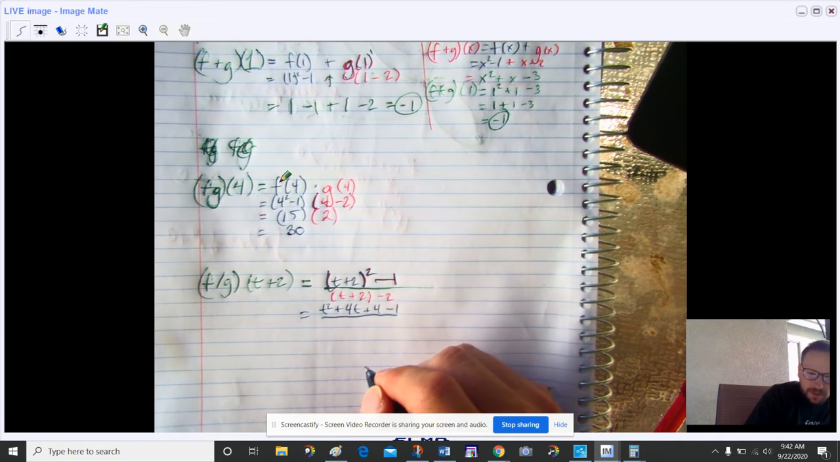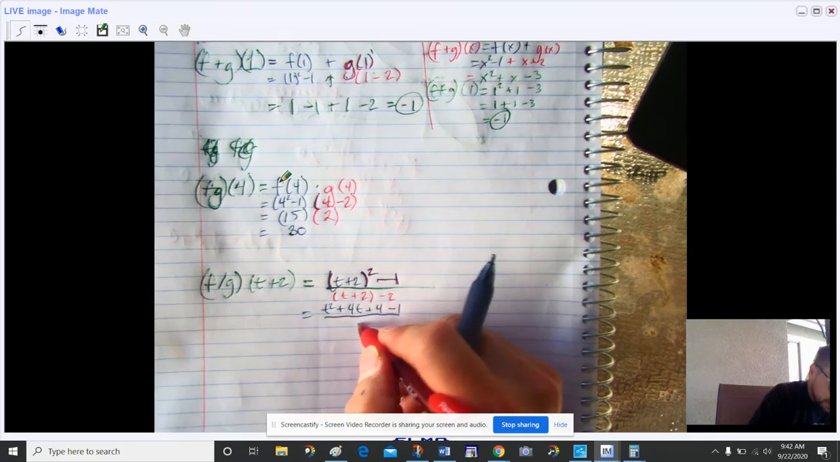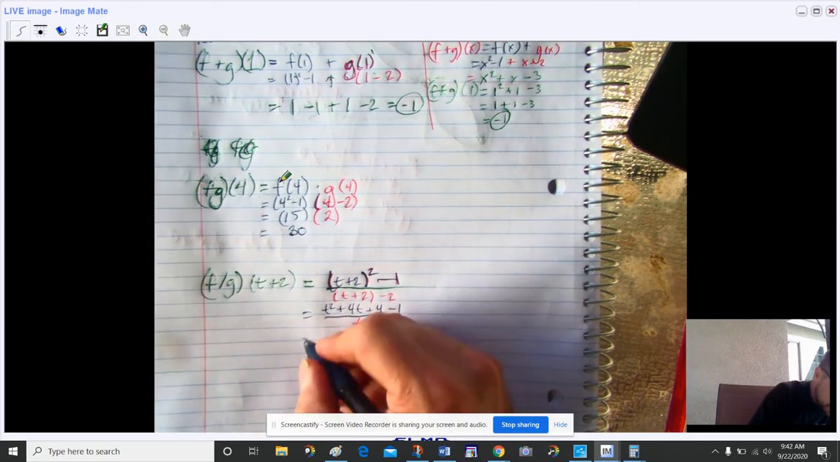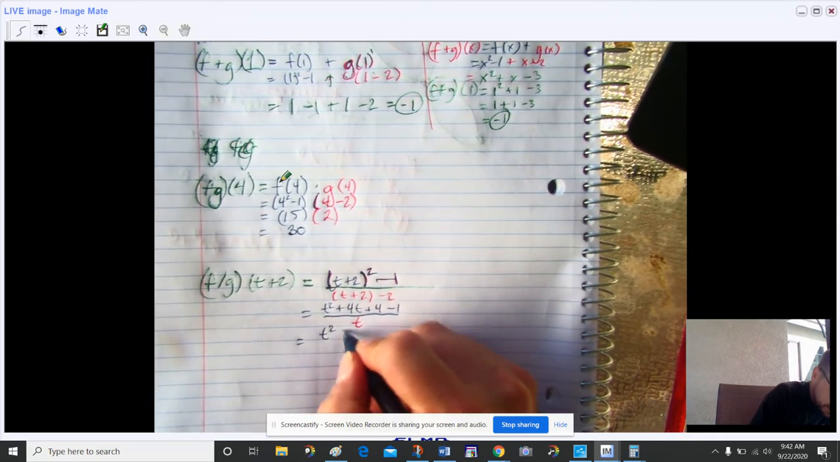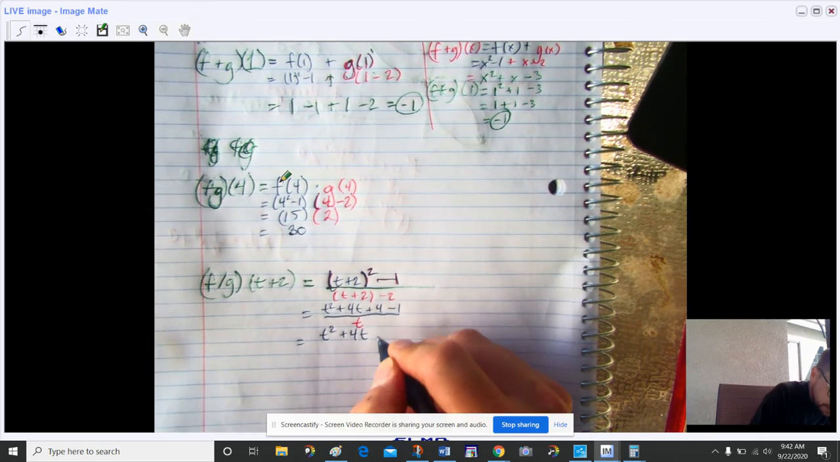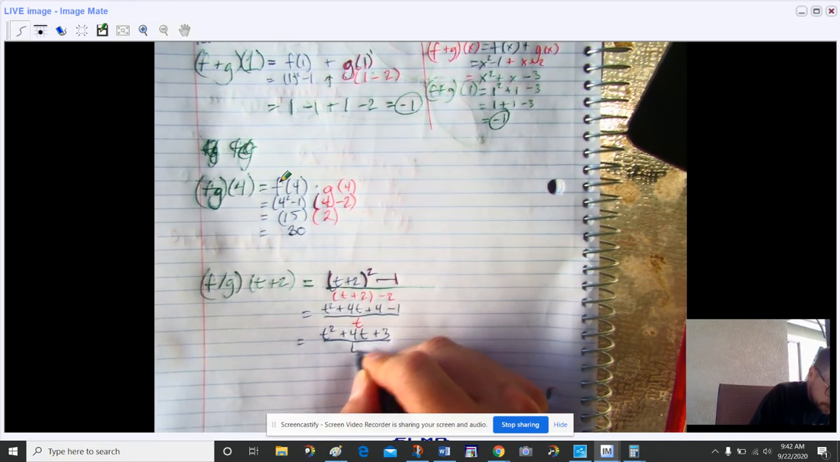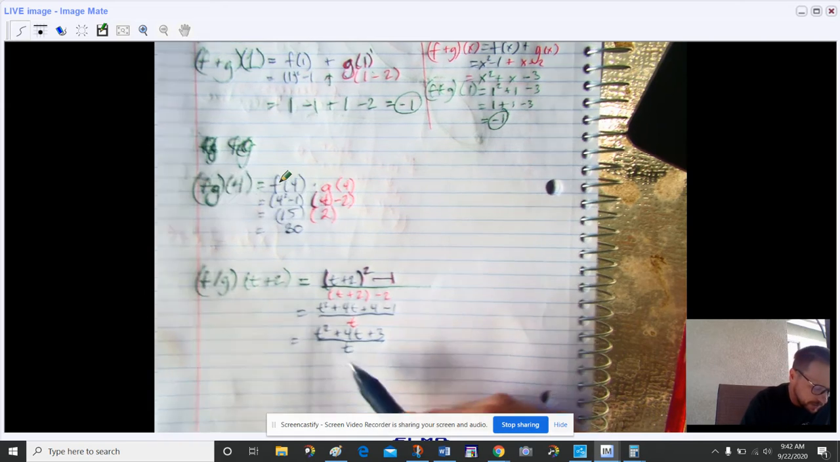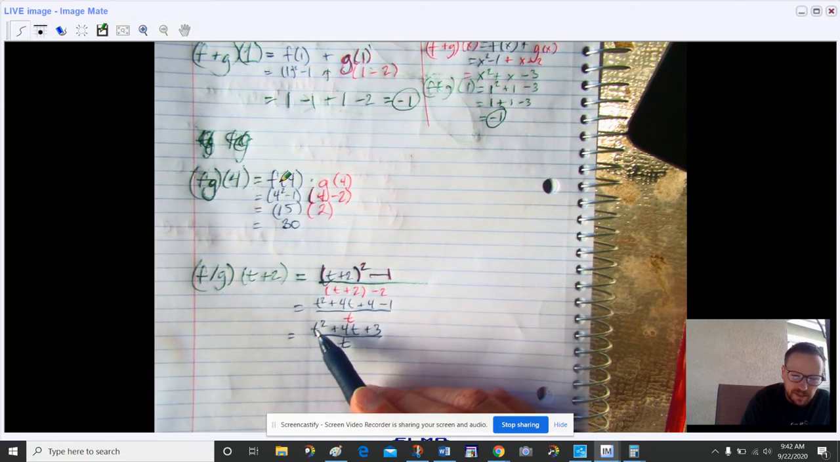We can combine like terms in the denominator, and so we just get t. And then we end up with t squared plus 4t plus 3 over t. Now, real important, we can't start crossing this t off with this t or with that t, because